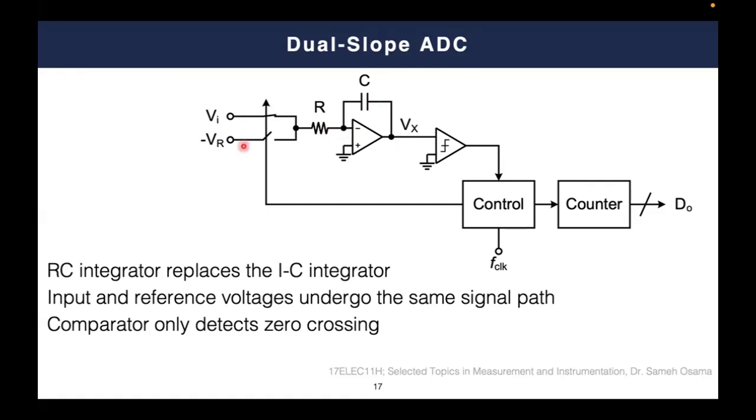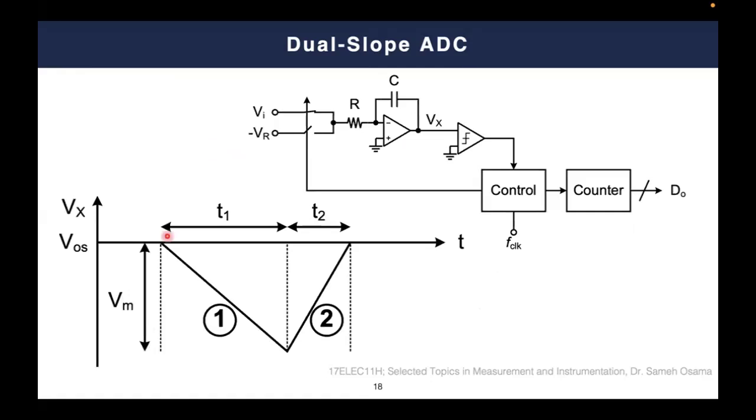So when you are connecting the switch to the V input, that means you are charging the capacitor. When you are connecting the switch to the negative VR, you are discharging the capacitor. In the end of the day, you will end up with something like that. This is the charging time, and this is the discharging phase. And this is the point we call VM, which is the maximum voltage that can be charged to the